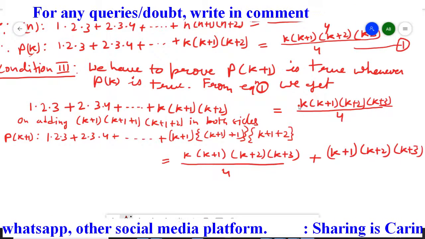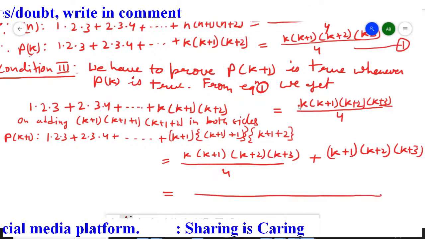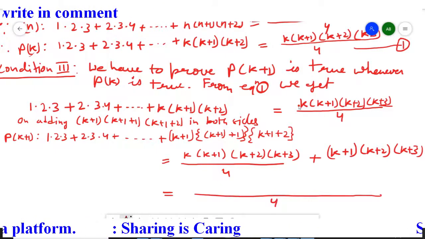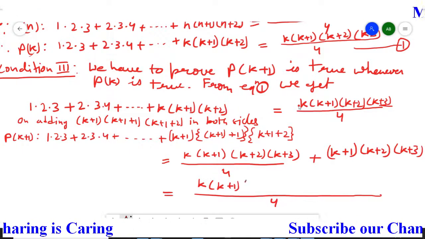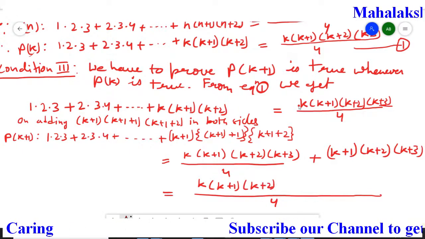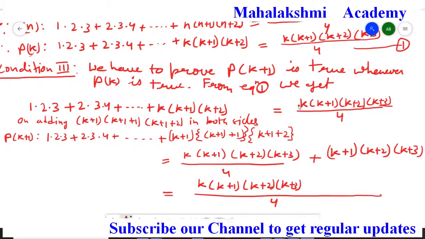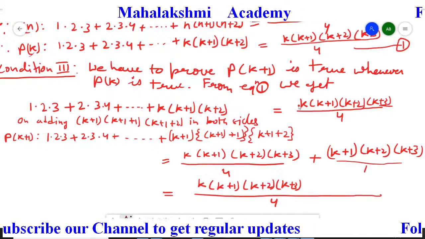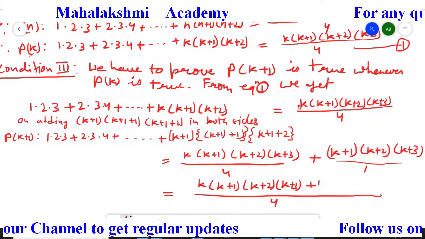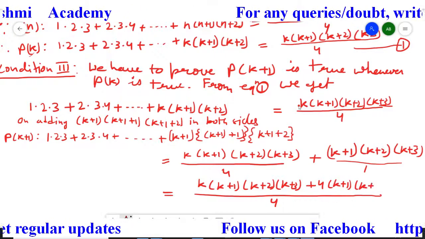Now take the LCM in the right hand side. The LCM is going to be 4 and this term is as it is, so k plus 1, k plus 2 and k plus 3. Here 1 is there, so when you take LCM 4, 4 comes here, so 4 times k plus 1, k plus 2